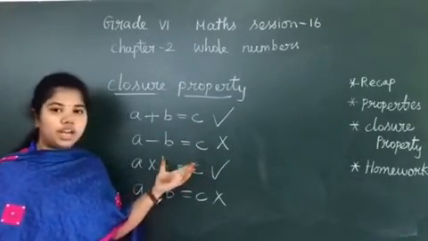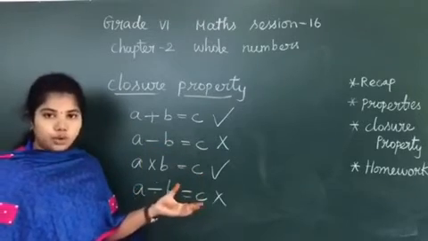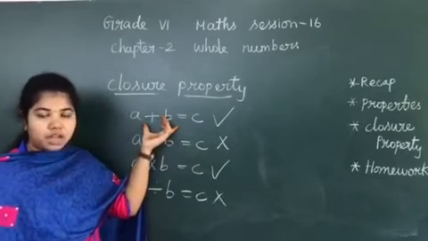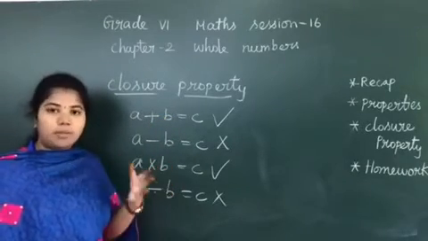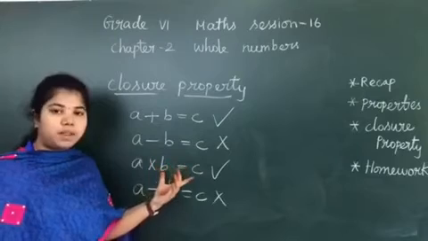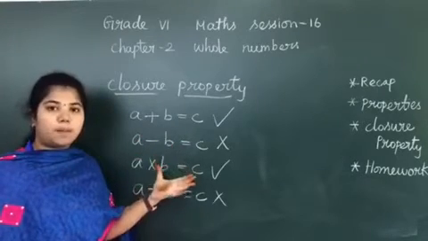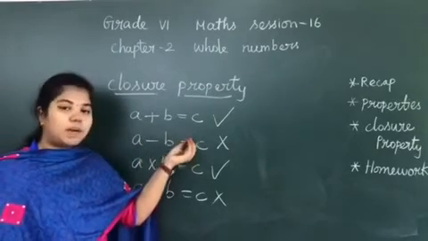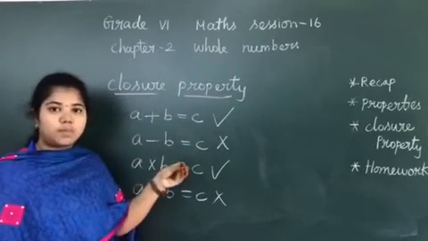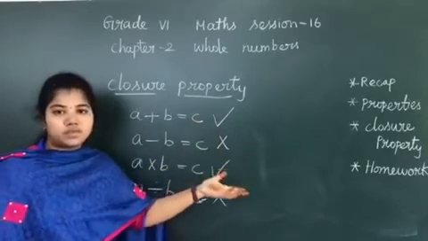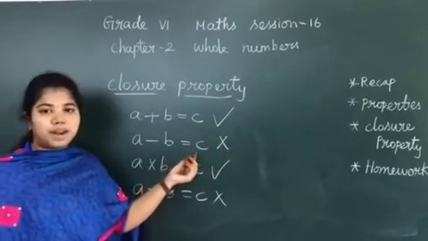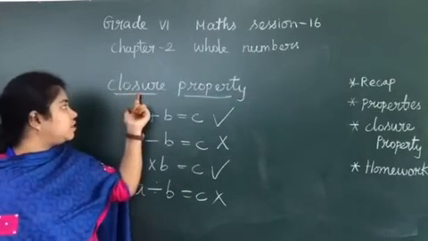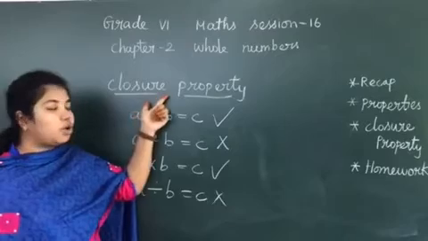So are you clear about the closure property? What you are going to do at home is take each and every basic operation. For addition, write 5 examples, solve by yourself. For subtraction, multiplication, division, for each basic operation take 5 examples, solve on your own. Give an example for satisfying the closure property, and give an example for not satisfying the closure property in case of subtraction and division. Okay, so again I will tell you closure property, C-L-O-S-U-R-E, closure property.